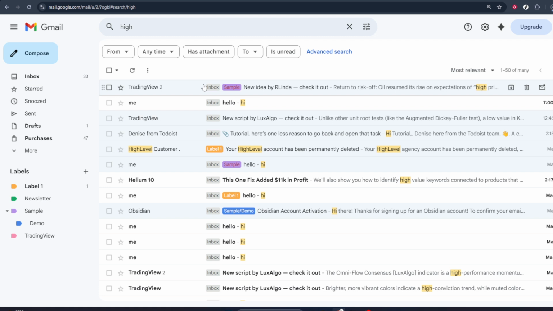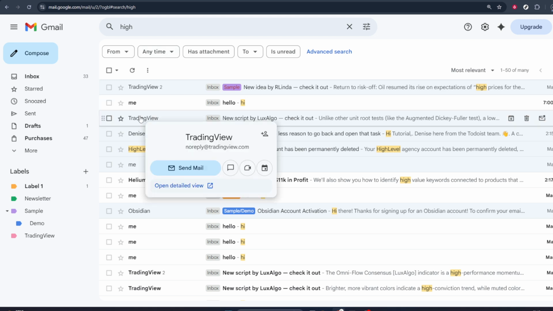When you're ready, press enter on your keyboard or click the search icon at the right side of the search bar. Your inbox view will update and show only the emails that match your search. That's it. By clicking on the search bar and typing in what you want to find, along with simple Gmail search operators, you can quickly zero in on the exact emails you need, instead of scrolling through